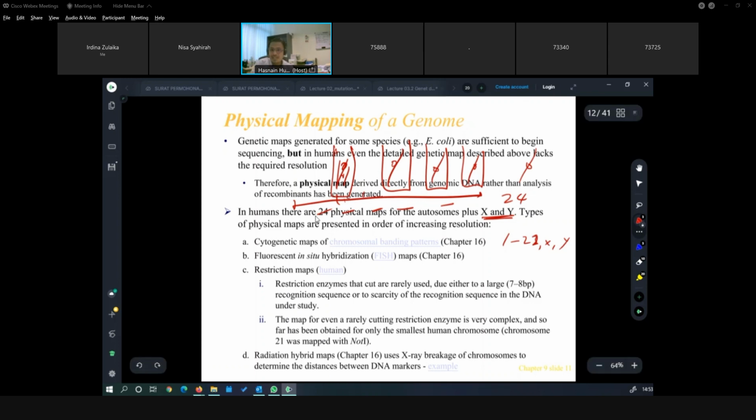All right, so in humans, there are 24 physical maps, and types of physical map are presented in order of